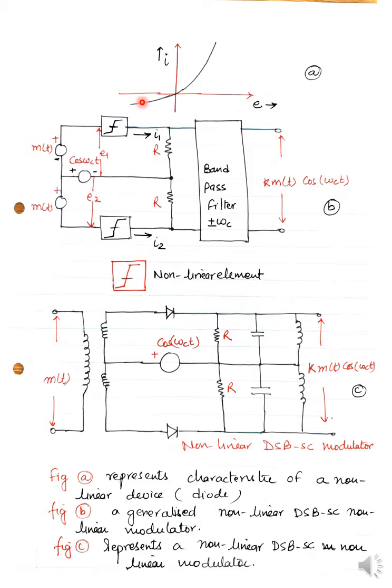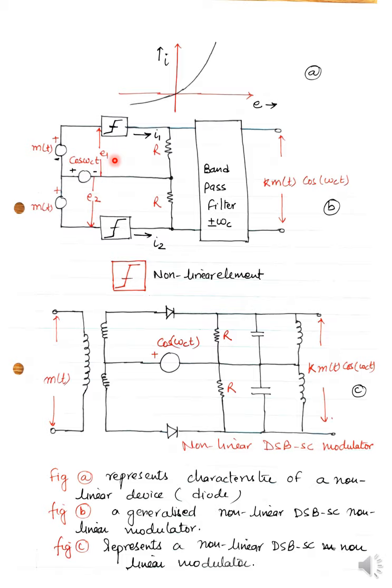I'm talking about an ideal diode here, because I'm showing that the conduction process takes place at zero also. As you keep on increasing the voltage, the current keeps on increasing until it goes to a saturation value. Now this is a kind of circuit you might have used in a full wave rectifier in your electronics or electrical course in first year.